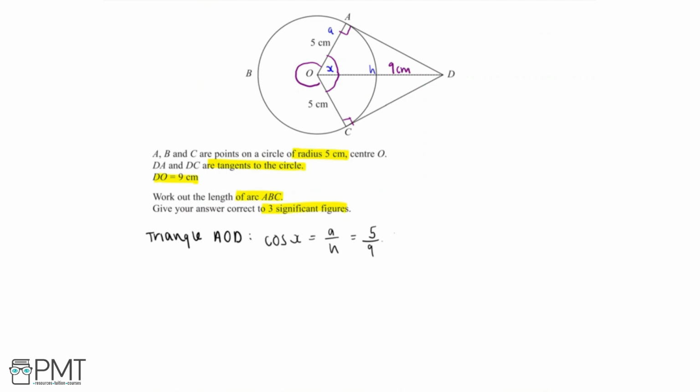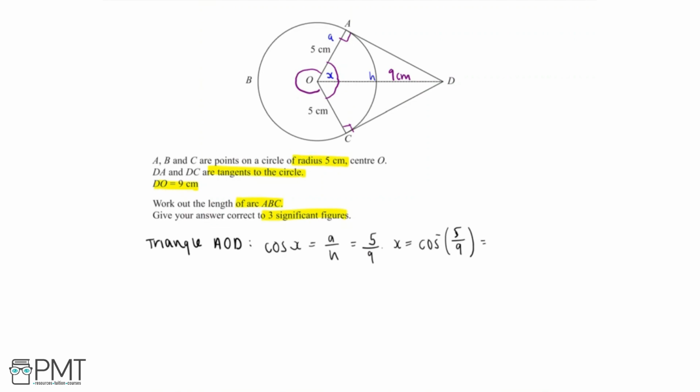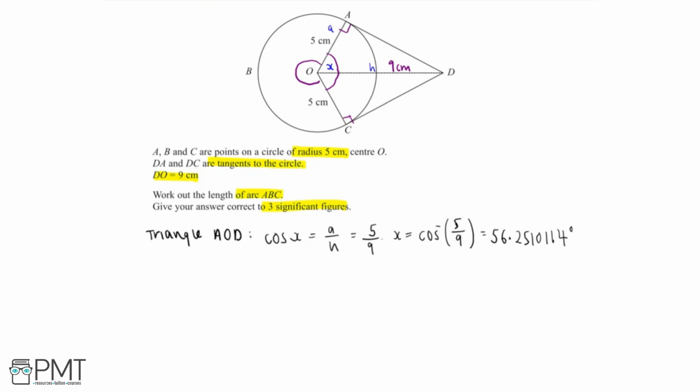And so we can say that angle X is equal to cos minus 1, 5 over 9, which will give us an answer of 56.25101114 degrees. Now triangles AOD and OCD are identical, and so we can say that angle COD is also equal to X. Now we know that angles around a point are equal to 360 degrees, and we can use